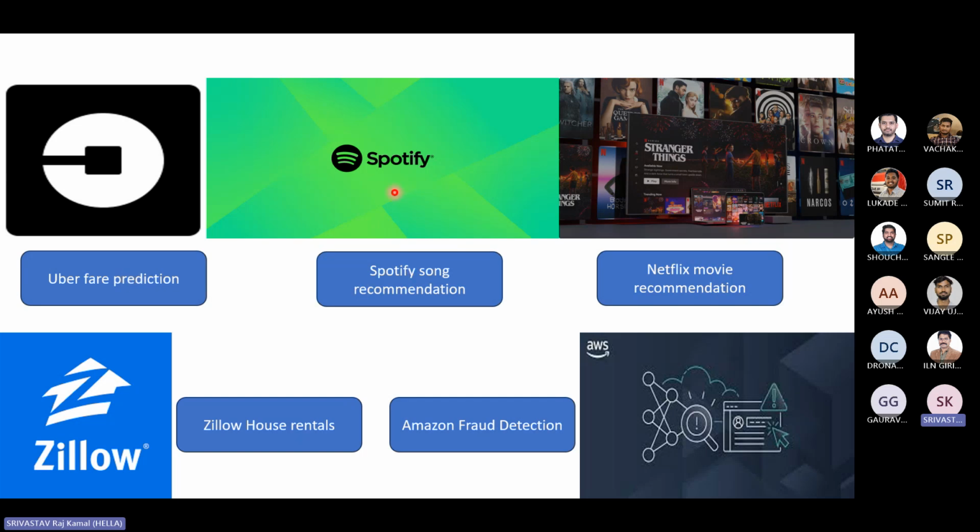Now coming to Spotify, and Netflix mostly comes into that area: when you start seeing videos and hearing songs, after a little while you start getting recommendations. If you compare Netflix and Hotstar, which used to be there in the last 3-4 years, you would agree with me that Netflix has the best recommendations. Now Hotstar and JioStar are also improving and are quite decent in terms of recommendation. But what makes them different is that Netflix recommendations were top notch compared to the others. There is a machine learning based paradigm known as recommender systems, which recommends these things.